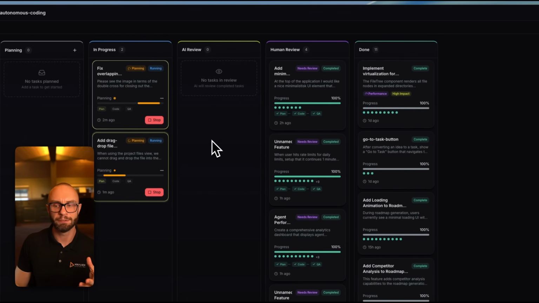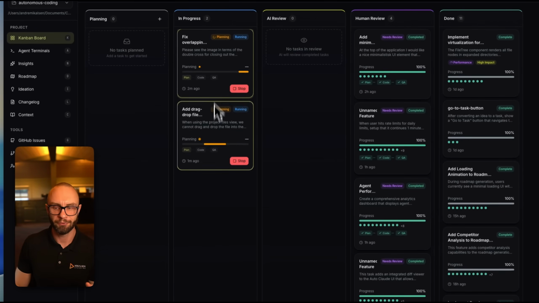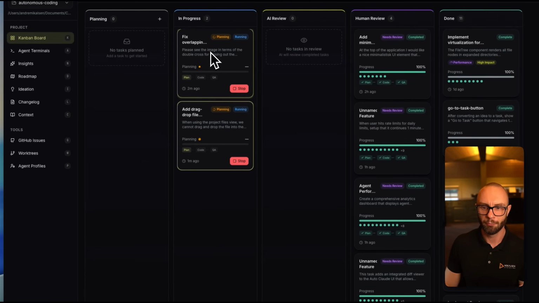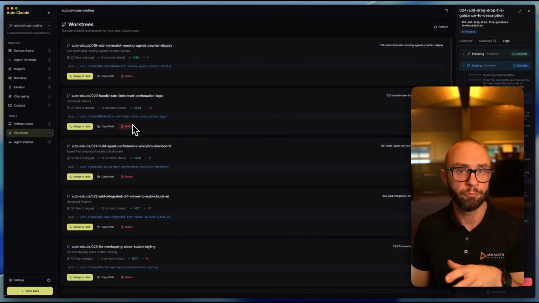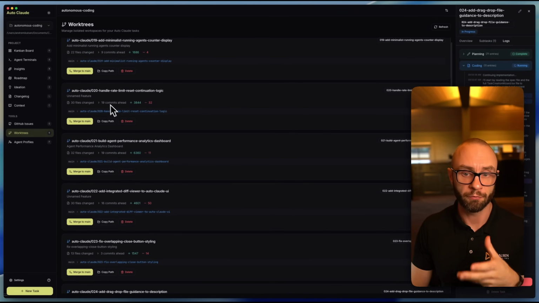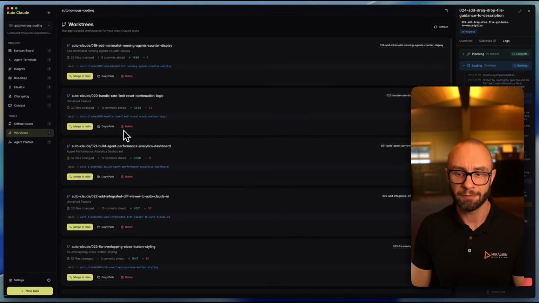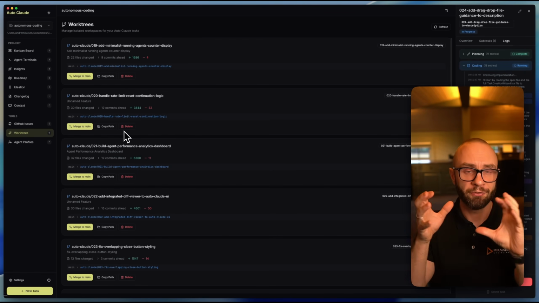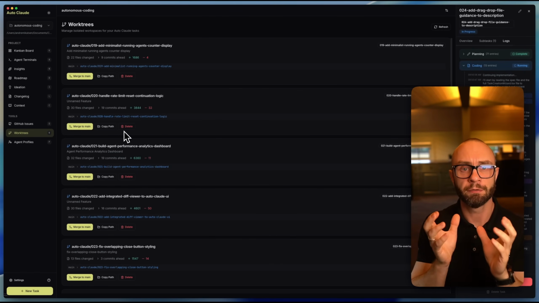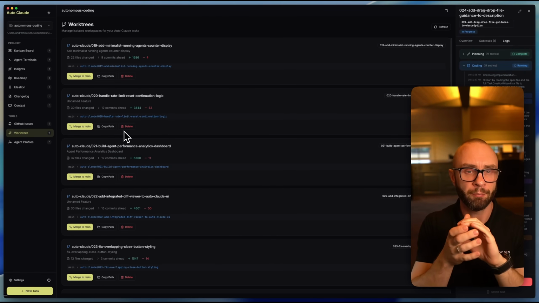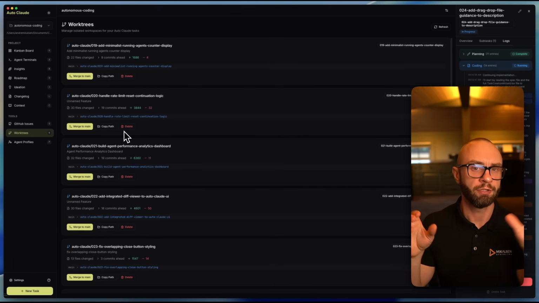And if you're wondering, we are working on the same files here and the same systems, but how AutoCloud is working is that we have a full overview over all the work trees for this project itself. A work tree is basically a sandbox or an environment where the coding is happening in one place and it won't touch any of the other files.